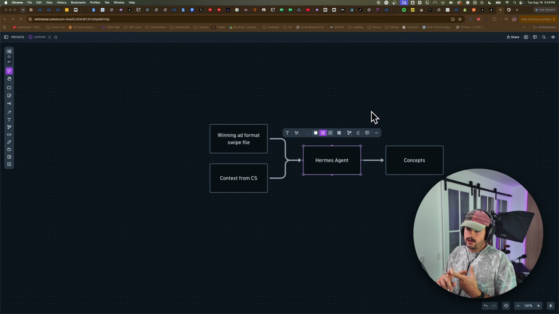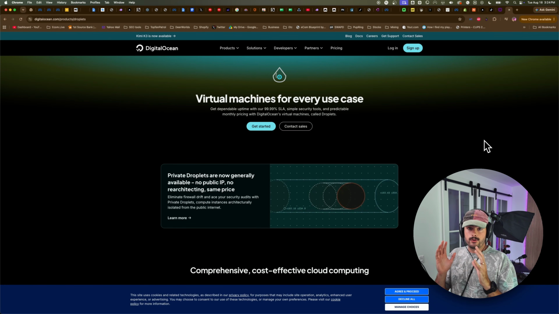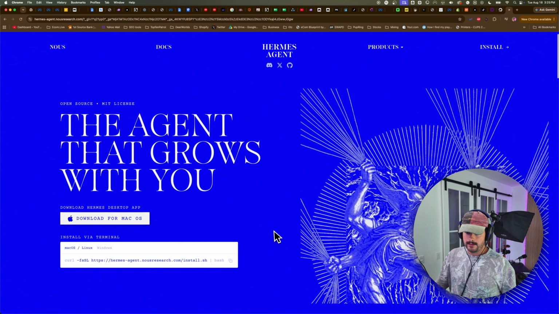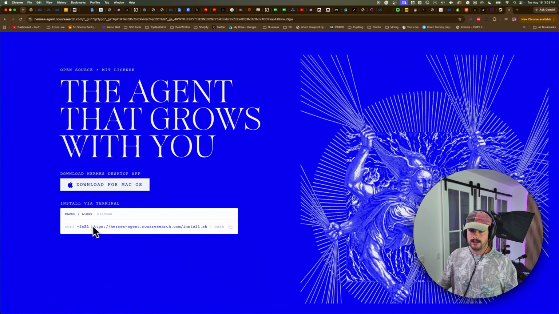So the first thing you're going to need if you're trying to build something like this is some type of agentic environment where you can orchestrate agents to do work for you. Now, I'm going to be using a Hermes agent here. The way that I have mine set up is very simple. I'm hosting it on a virtual machine through DigitalOcean. They have droplets, which are virtual machines that you can rent for like 25 bucks a month. You can directly install the Hermes agent on here. I think it's literally one line that you toss inside of the Linux terminal, which allows you to install